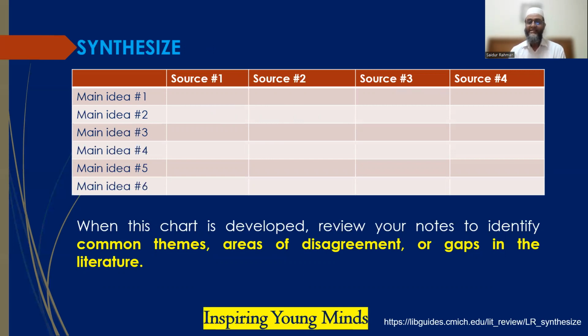Again, you need to think critically. That's why it is called critical review of literature. What are the common themes? You can ask yourself: what are the areas of disagreement among these papers, and what are the gaps in the literature? Which things are not discussed in other papers, and this will be the main focus of my paper. You see, by critically analyzing, you are also identifying your research gap for your review paper, and that will also help you to identify your research gap for your original paper.